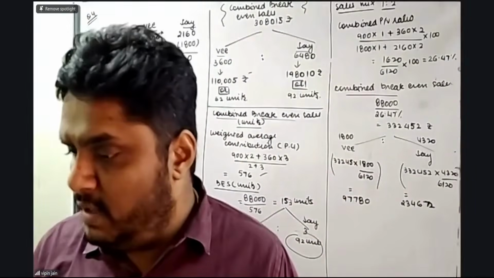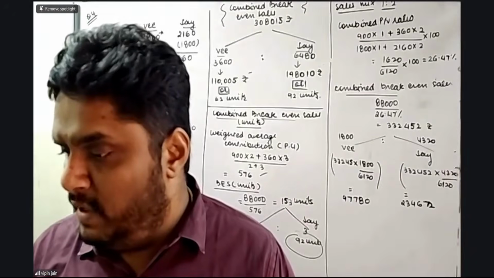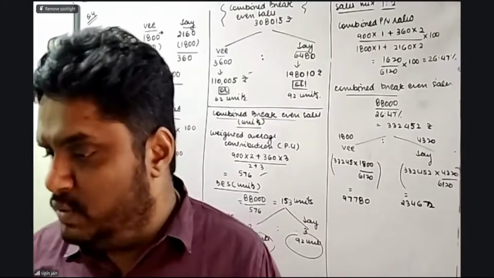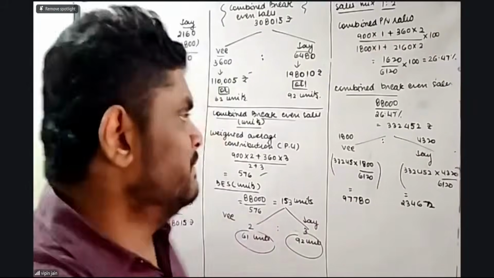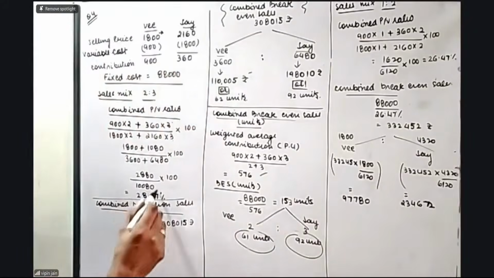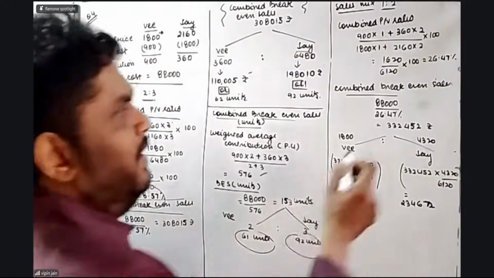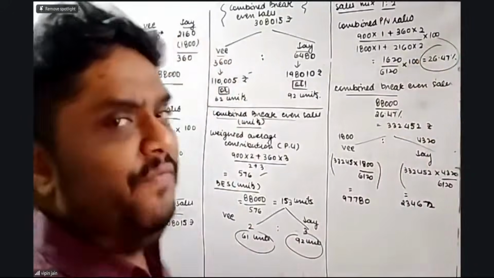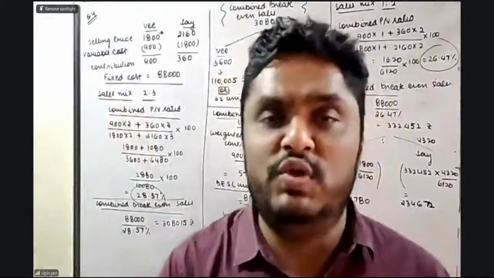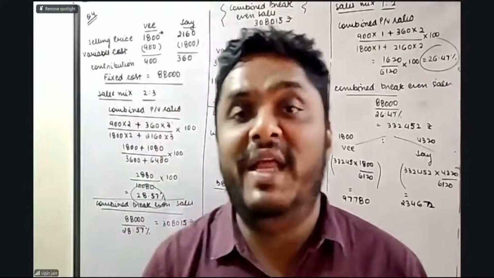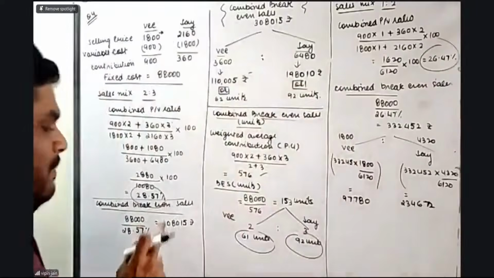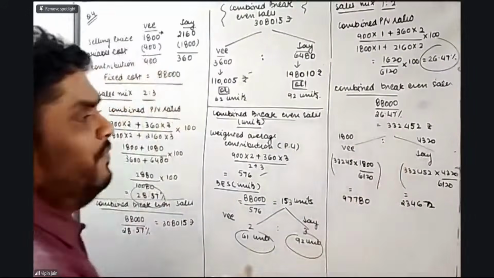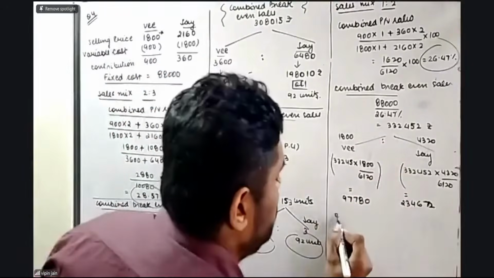So very good, everyone. Your answers are correct now. Very good, Pooja. Very good, everyone. Nikunj, Visual, very good, guys. So now what we can see is that here the PV ratio is 28.57 and herein it is 26.47. So even at the first case only, we can figure out that the optimal mix is 2:3 because PV ratio is higher and break-even sales is lower. See herein also, break-even sale is 3,08,015 and herein it is 3,32,452. So optimal mix is